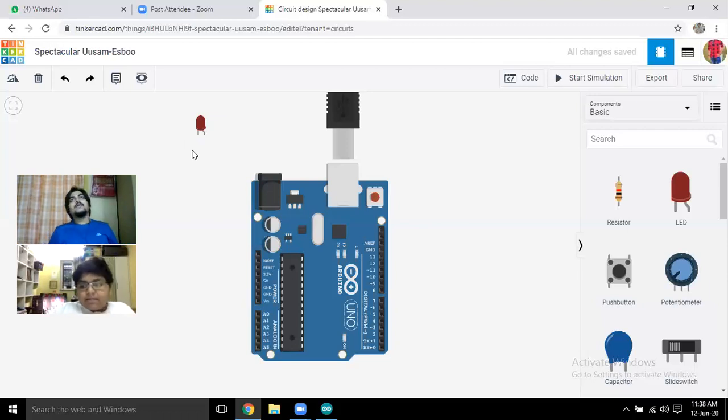Now can you tell me why, if we have the positive part and we connect it to the Arduino or to any battery, it will glow? Why do we need the negative part? Do you know? Yes, to collect the negative electrode.